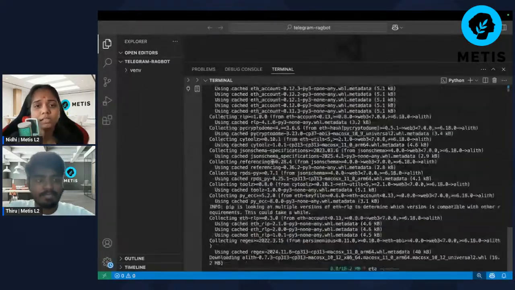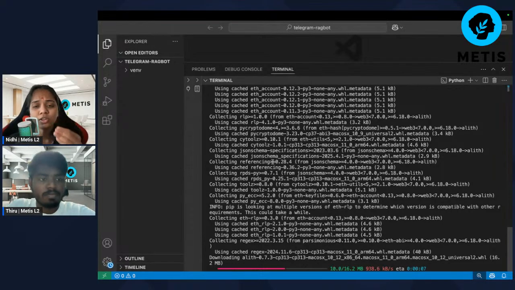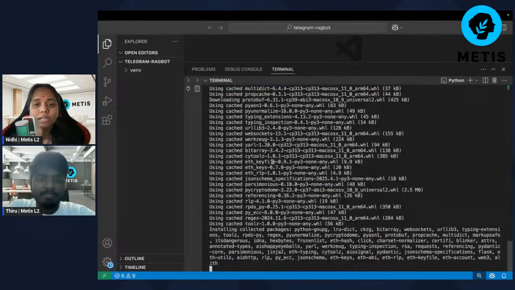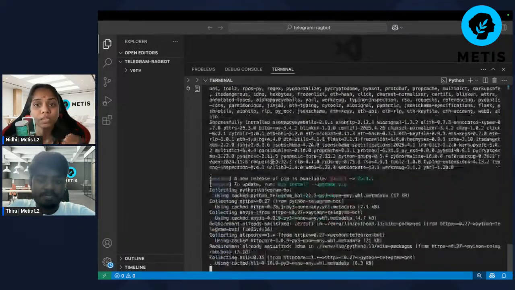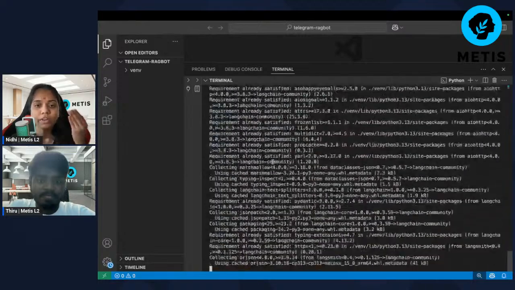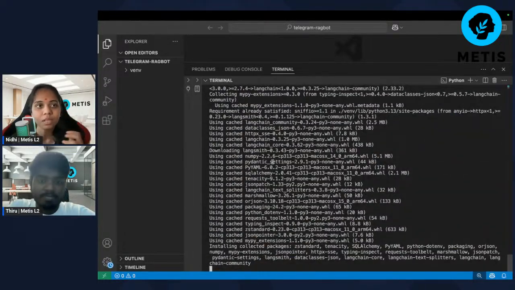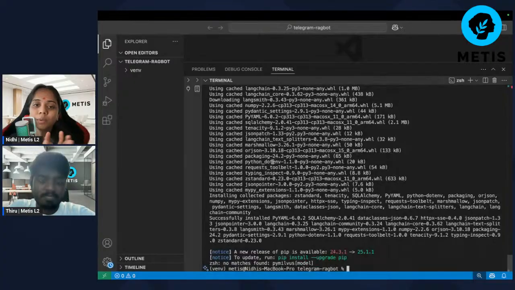RAG with vector is what we are actually doing in our Telegram bot, right? So how does it work? Documents are split into chunks, and each chunk is turned into a vector using embeddings. The vectors are later stored in a vector database. In this, we are using Milvus. At query time, I mean when we give the prompts, similar vectors are retrieved based on semantic similarity,